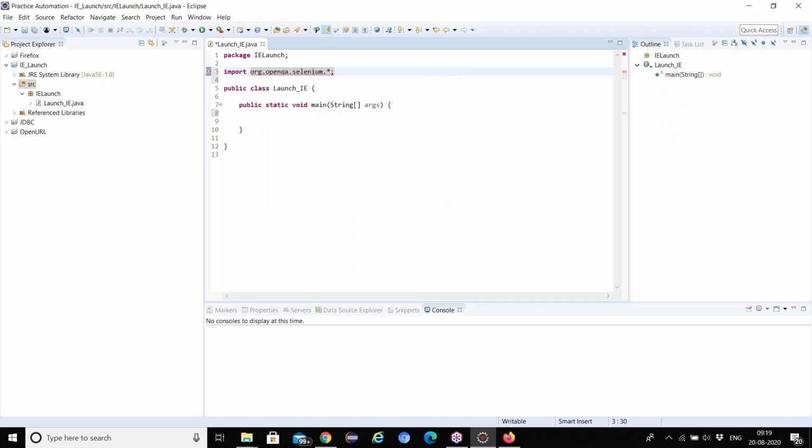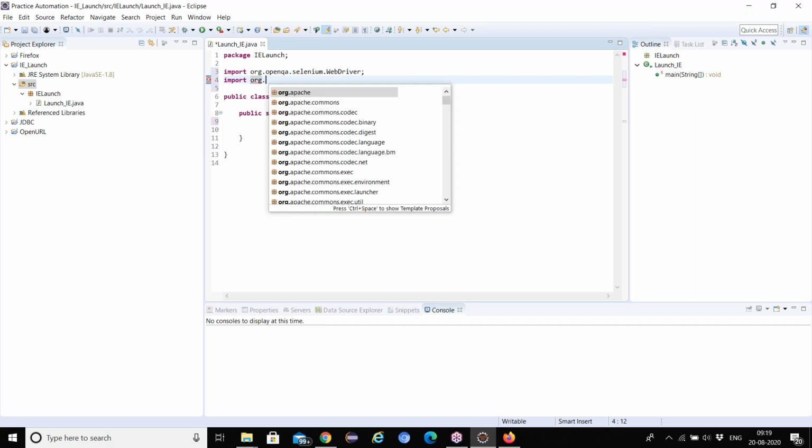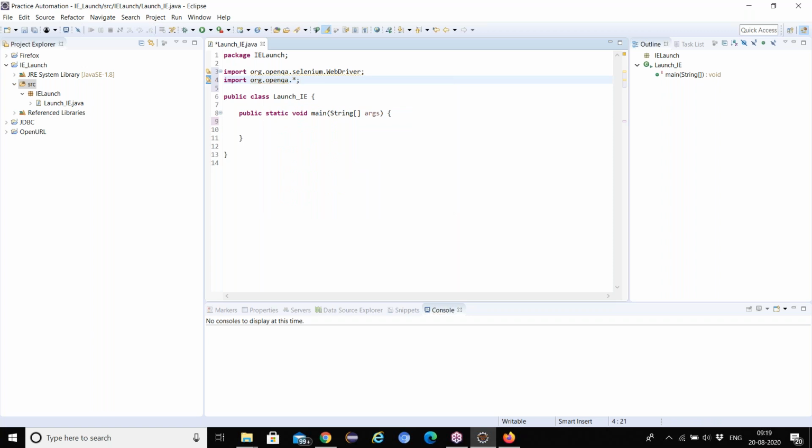Now the second line, import org.openqa.selenium.ie.InternetExplorerDriver.